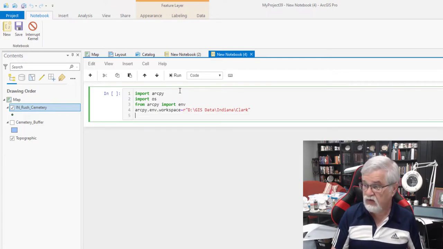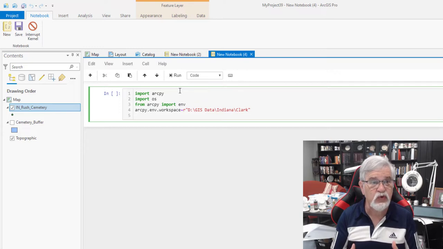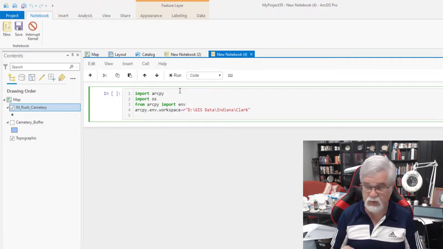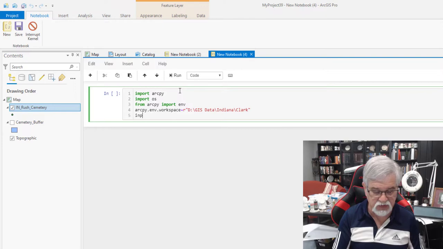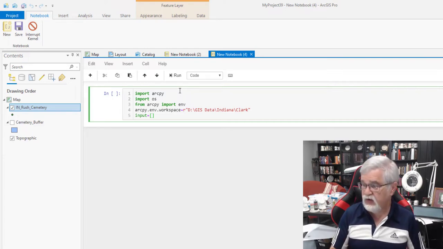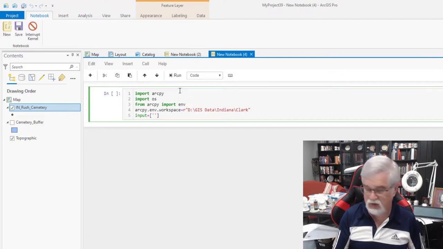We're now going to say what files we want to input. What are those shapefiles that we want to put into our Geodatabase? So we're going to create a new variable. It's going to be a list variable called input equal. We're going to use square brackets since this is a list variable, and I'm going to use a single quotation mark. I could have used a double quotation mark, and I'm going to put here output